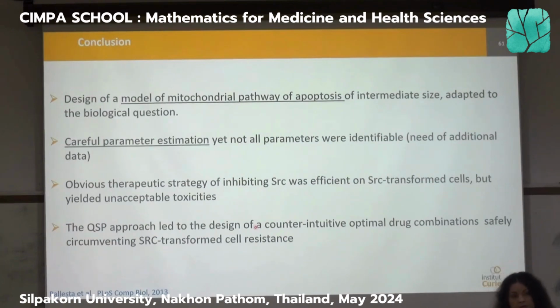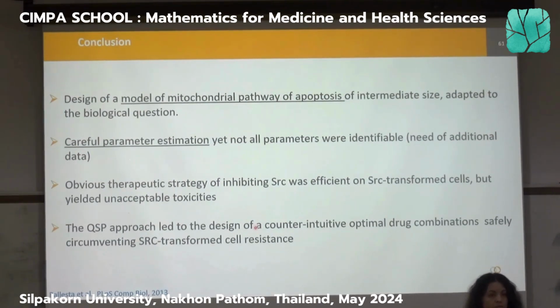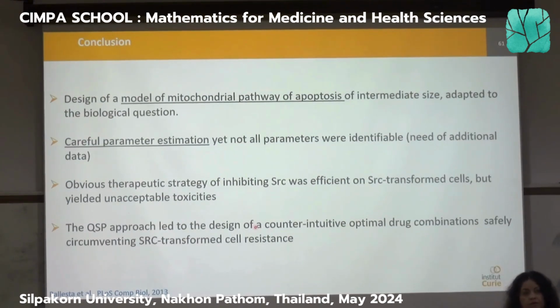And then once you have that, optimization is super short, because in terms of running time, the optimization itself is 15 minutes. So basically in a month, you can actually have the optimal combination. And then you go to your colleague in biology, and of course that takes more time, setting up a biological experiment. But this one, for instance, I think it was more like 6 months to get the validation experiment. That's a really good question, because really the key is to remember that parameter estimation is taking a lot of time.